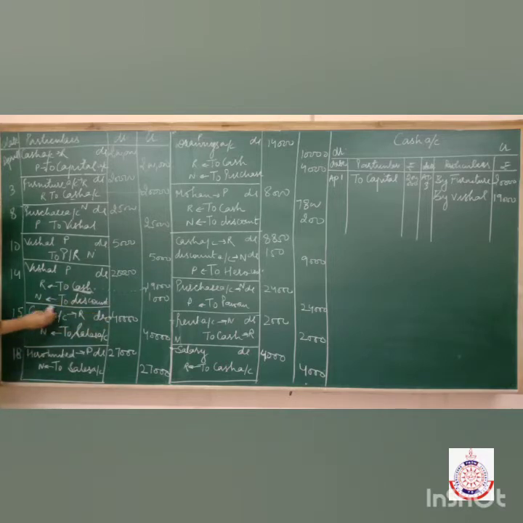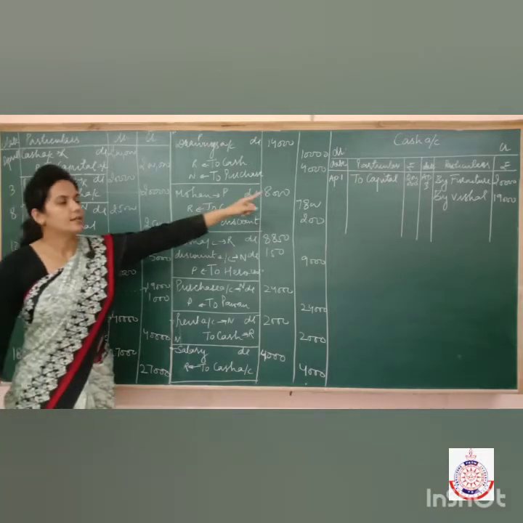Correct? The account you are preparing, you are concerned with the amount written against it. So cash account debited with rupees 40,000. Fine. So this entry will be on debit side.